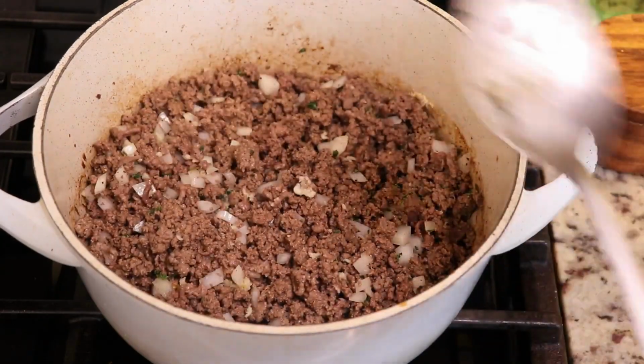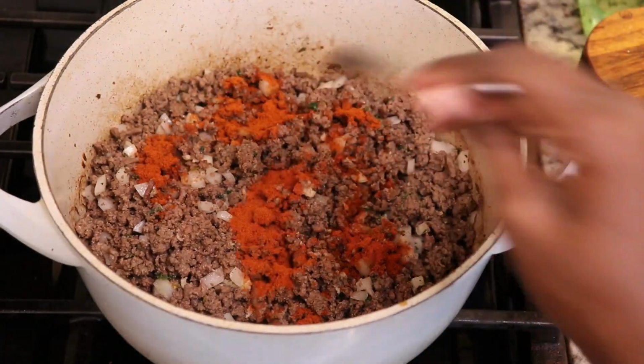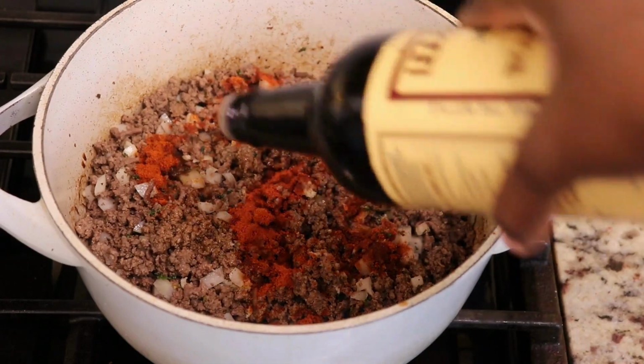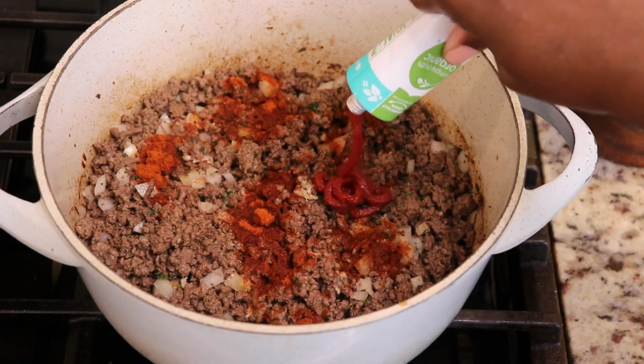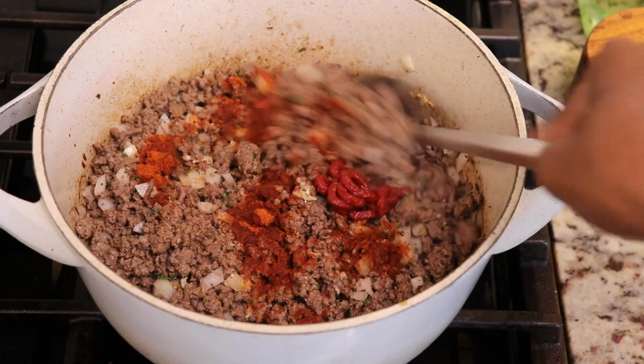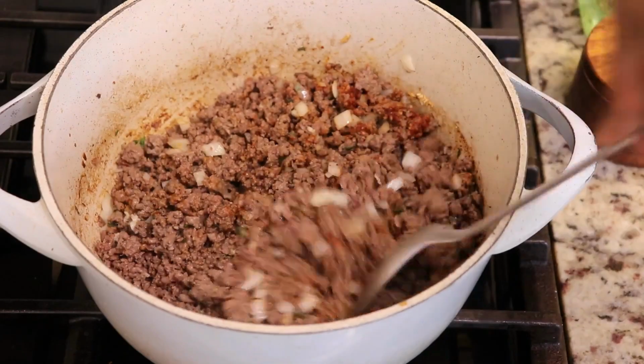I'm also going to add in salt, paprika, and this is sweet paprika. I'm going to add Worcestershire sauce. I said it right this time. And I'm also going to add some tomato paste. And I'm going to mix this all together and then just let this cook for about a minute or two